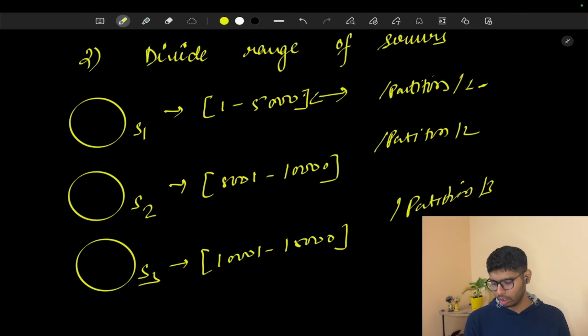And now what will happen? Suppose server 1 on any day gets a request for 8,000. It will first of all call the Z node and check what's my range. So server 1 will call the particular partition 1 and check its range. Since 8,000 is out of the range, it will give an error and server 1 is not going to perform that particular thing. One more example: this data can be changeable. Suppose after some time server 1 becomes capable of solving the problem. You can change the data and everything is happy and running.